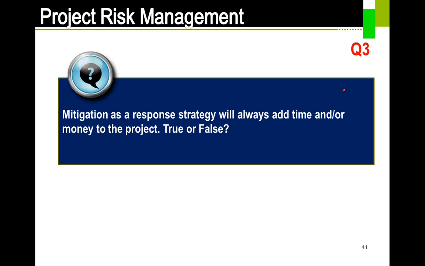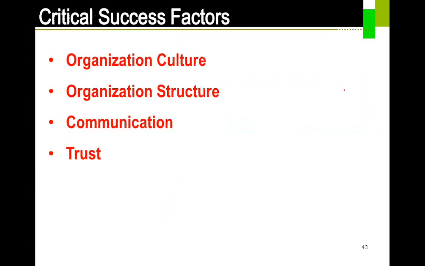Next one is, as I said, the 6th point and 7th point. It's more of my personal experience, not necessarily that they are universally correct, but they work for me. So these are the critical success factors for any risk management team. First one is organization culture. Each organization has its own culture. Some organizations have more risk appetite. When I say risk appetite, I mean their ability to take the risk, versus some organizations that will not have much of that. What I mean